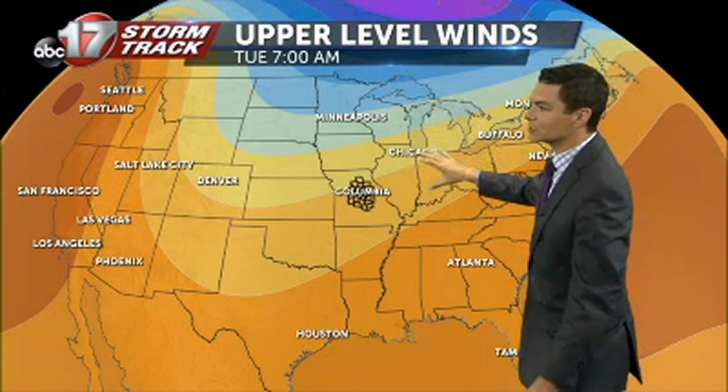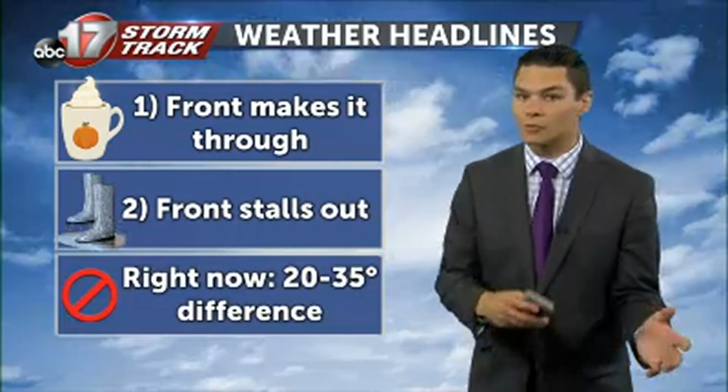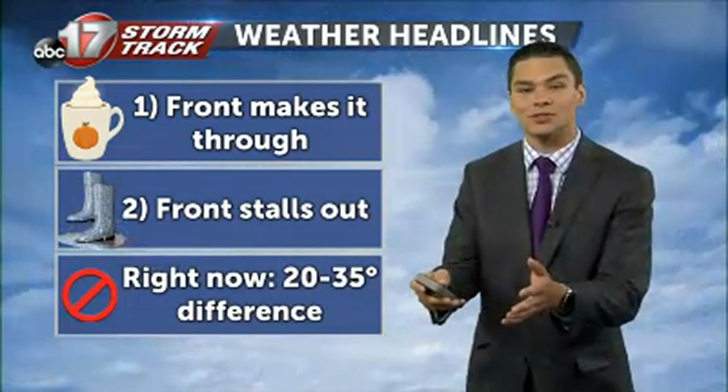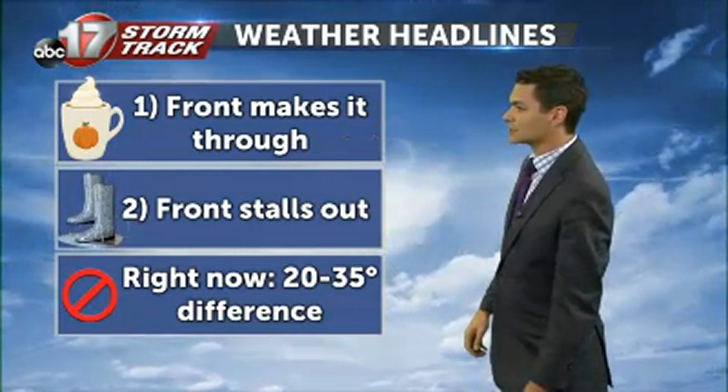and Wednesday of next week, because it turns those winds more so out of the southwest, and that'll kind of hold up this frontal boundary that we're going to be tracking as we get into about Tuesday and Wednesday of next week. Again, still a lot of time to track this, but what we're kind of pinning it down to is one of two different scenarios. Either that front's going to make it all the way through, and that's going to be spelling some fall-like weather,